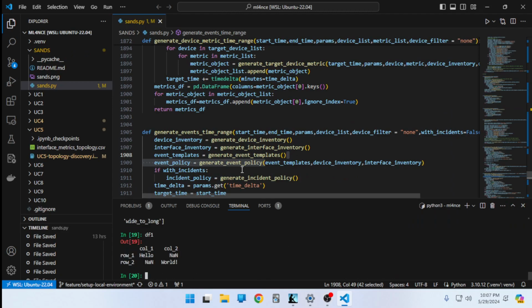So, you know what? Let's take a little bit of time and let's just try to fill in these values. I know that you can add another row by adding more entries to this dictionary. Now, I'm not sure how you can add another column though. I know that you can add more entries to a dictionary, like so. So if we name this column 1 as well, and then we say world here,